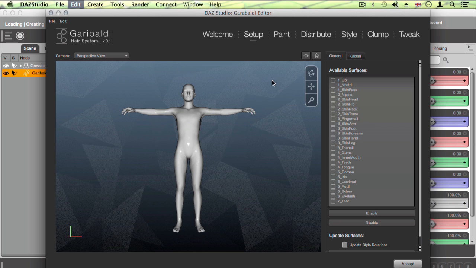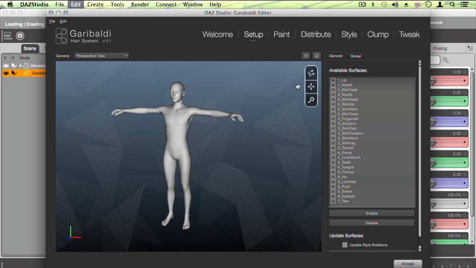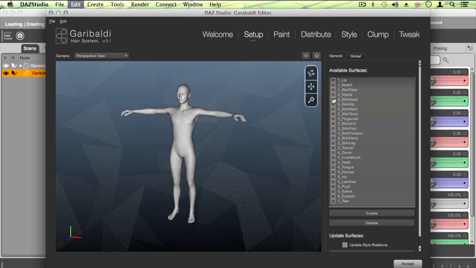On the left of our screen, we have our viewport. On the right, we have a series of options. To navigate the viewport, we can click and drag the navigation buttons in the top right of our viewport. Alternatively, we can press the Alt button on our keyboard and click and drag the left, middle and right buttons